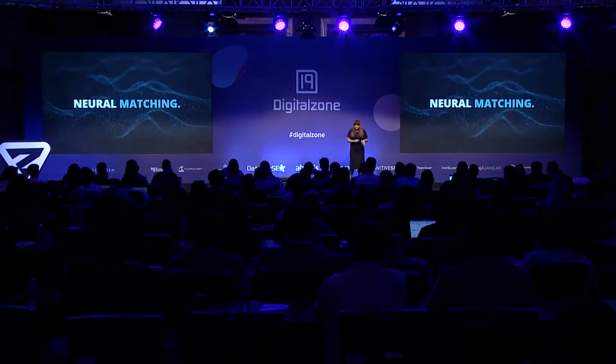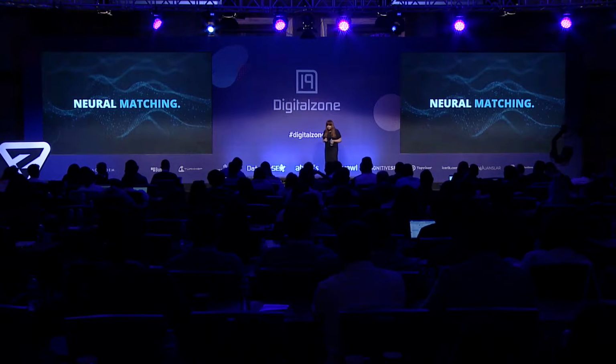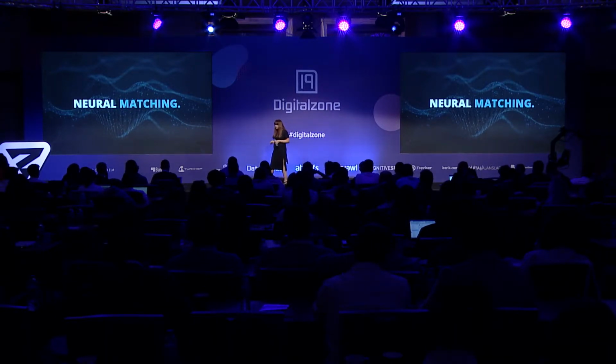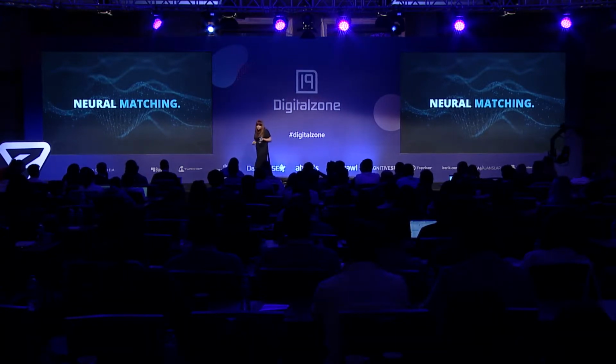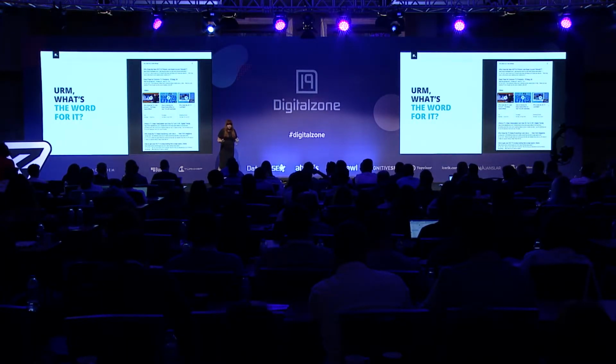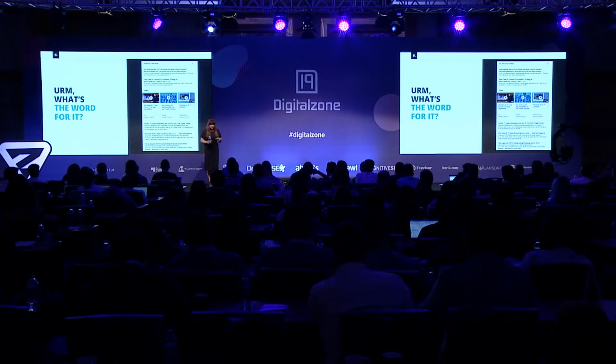Let's not do that. And then we're going to talk about how that kind of ties into neural matching, which is the fourth part of the algorithm that we're going to talk about. Does anyone know what neural matching is? There's like 2 people. This is good. People are waking up. So neural matching is when you don't know what the word for something is, and Google fills in the word for you.